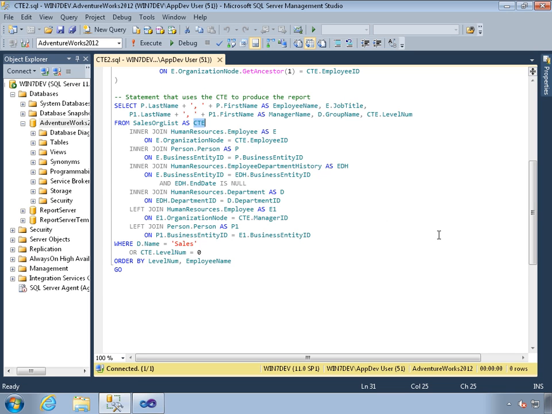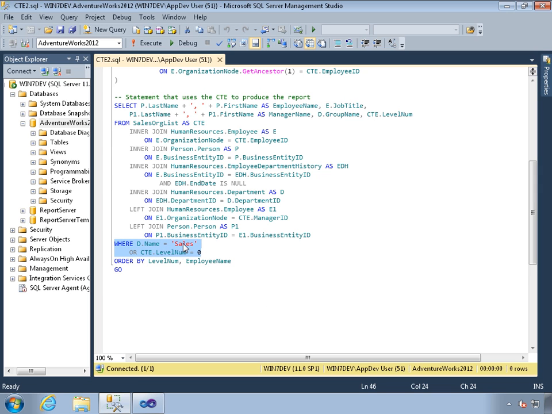Then we're picking up some information from the person table and the employee department history table, the current department, and so forth and so on, so that we can get some interesting information about these employees as it relates to their position in the organization. And what we're going to do here is look at